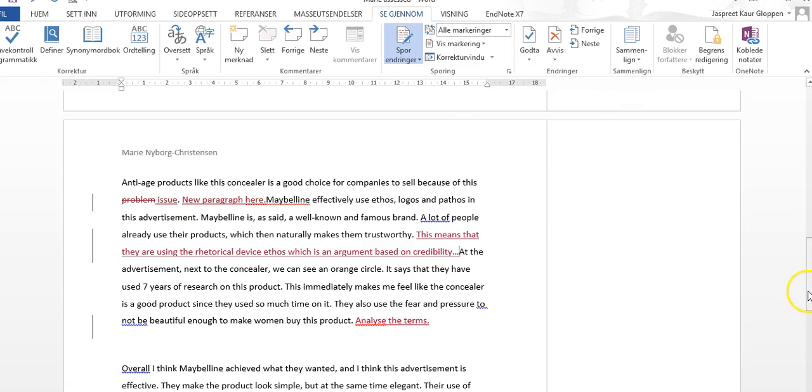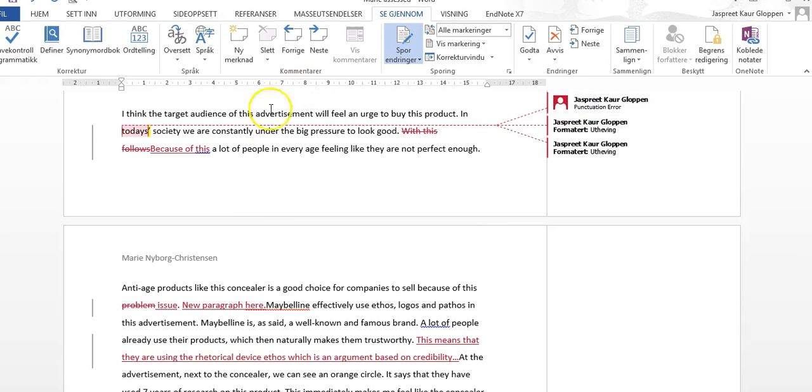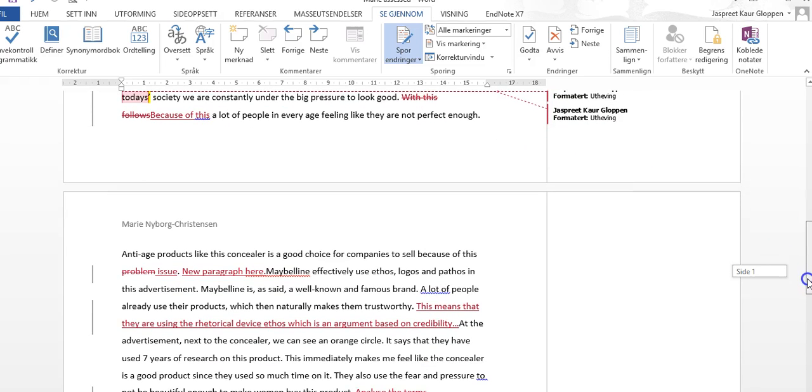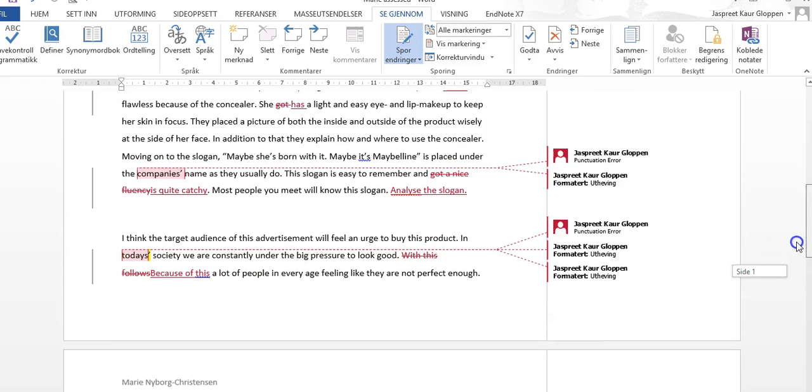And same goes for when you're trying to say that they are making people feel a certain way. You need to say here that they want people to feel hopeful. It creates a certain emotion, right? And that's the use of pathos. So I feel that you haven't really analyzed this part properly,